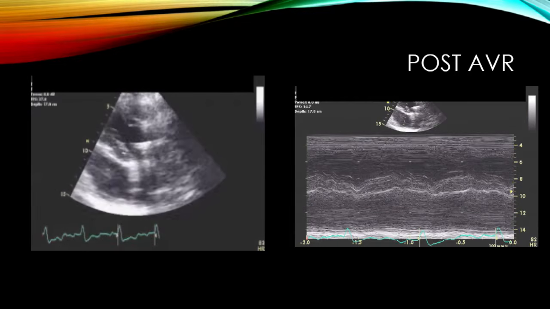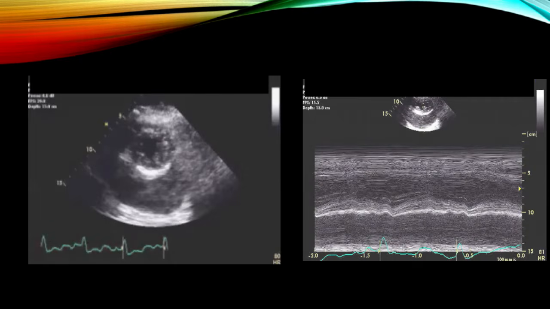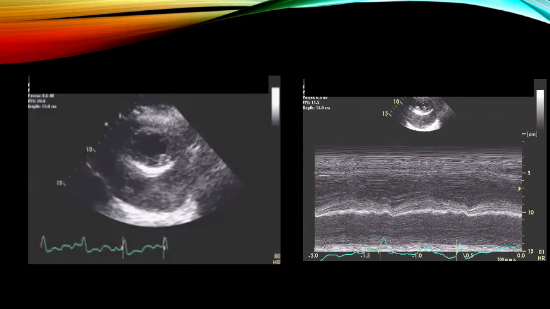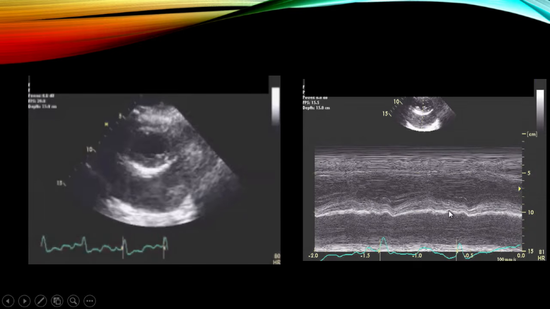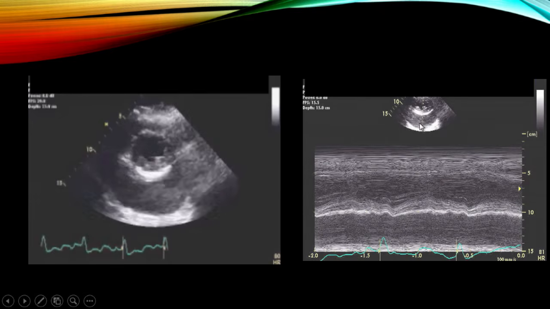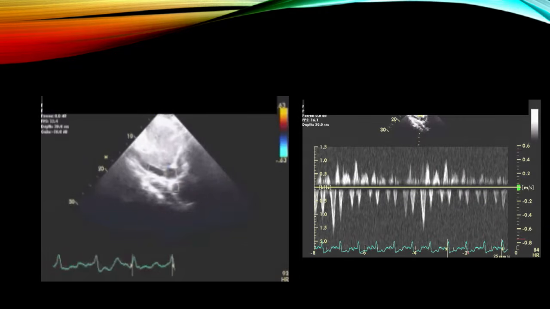So the patient undergoes, okay, we are still seeing it, and you can see it here also. And I've tried to show you there is a little bit of upward motion you can see here in diastole of the posterior wall. And that is LV diastolic collapse seen here. You can see the respiratory variation. The patient undergoes